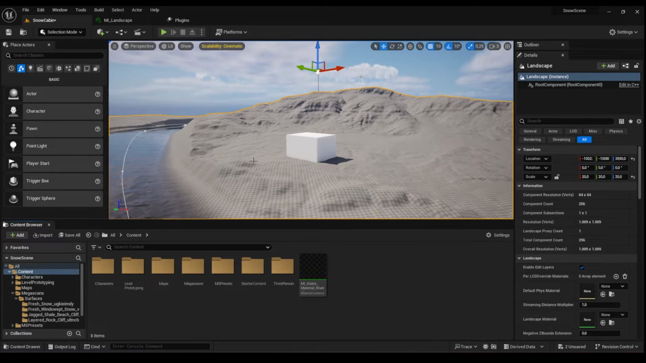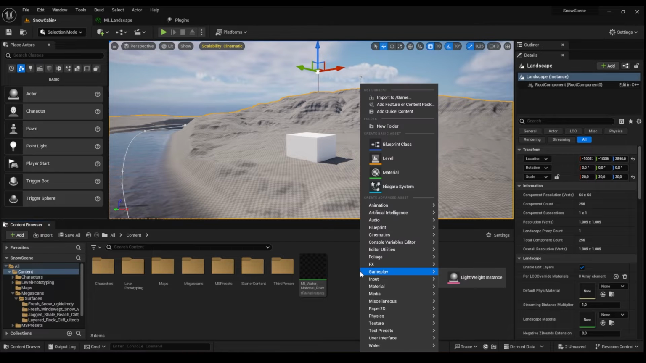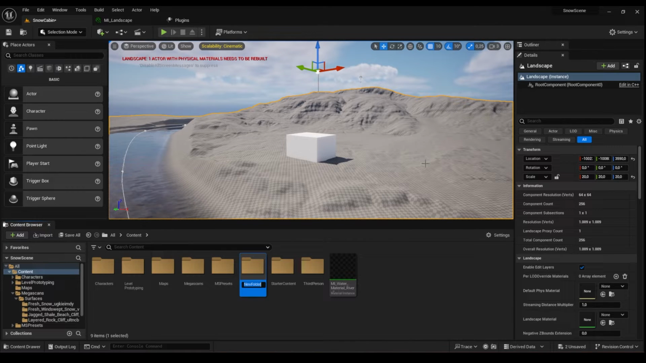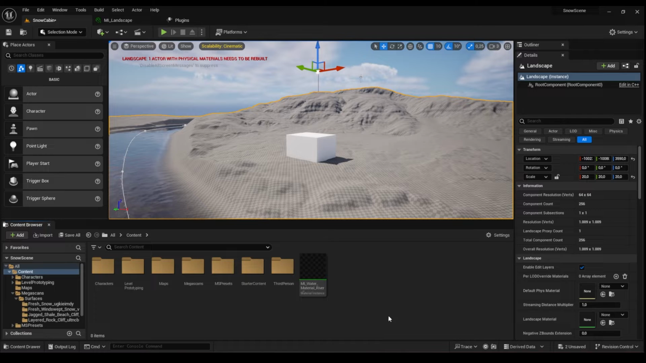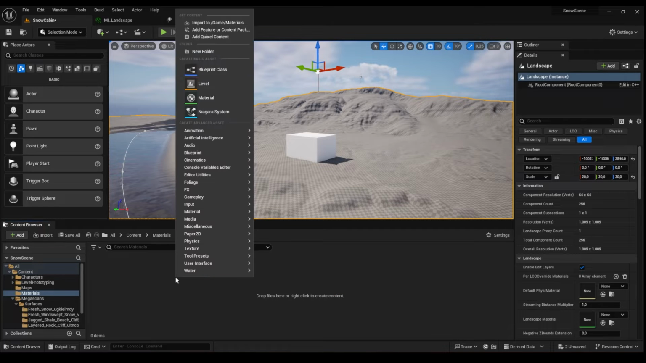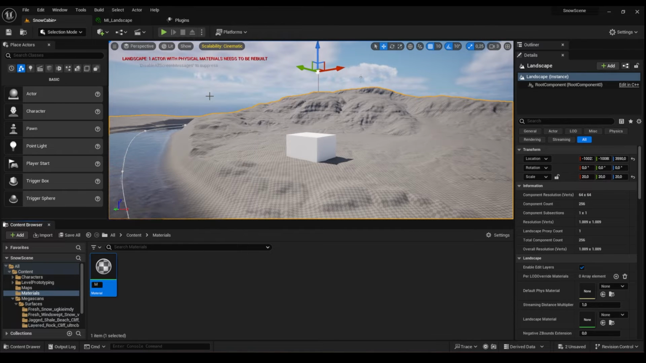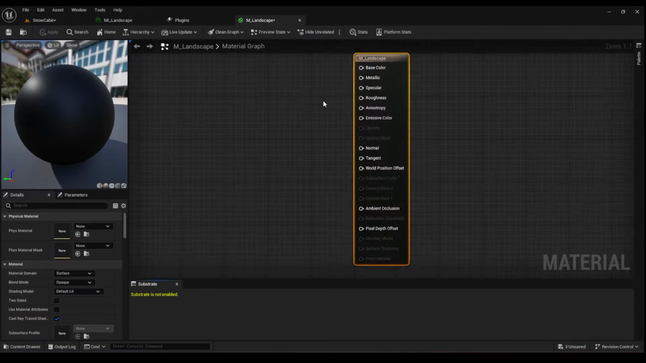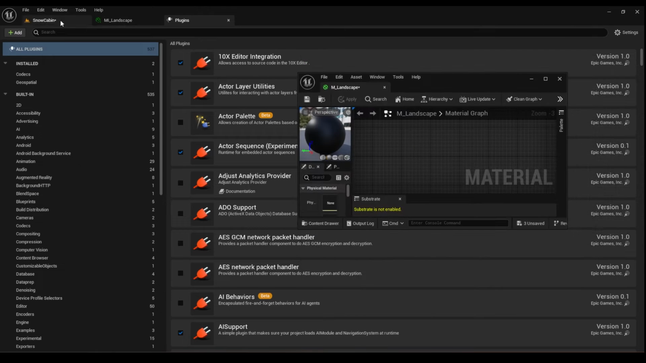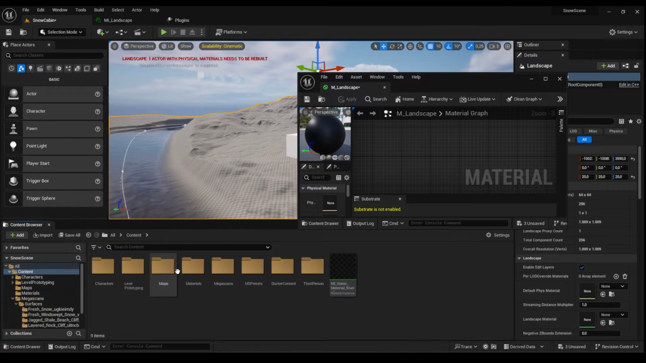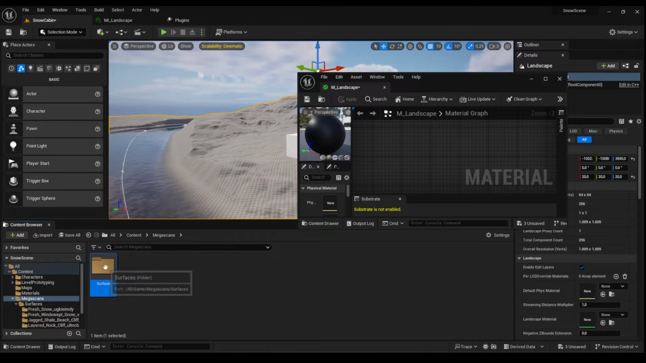Now let's start creating our material. To create our material, we're gonna create a folder, just to keep things organized. I'm gonna create real quick a folder, Materials, and here create a material and landscape. And the first thing that I need to do is grab our textures. Here, Megascans assets, you have